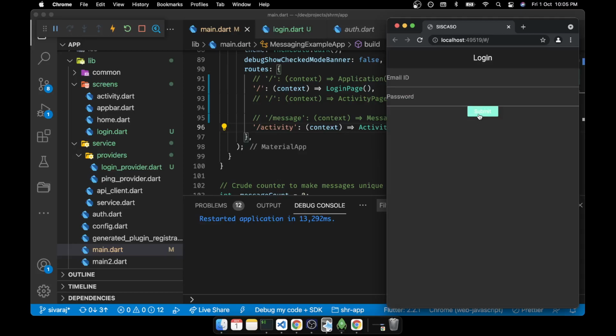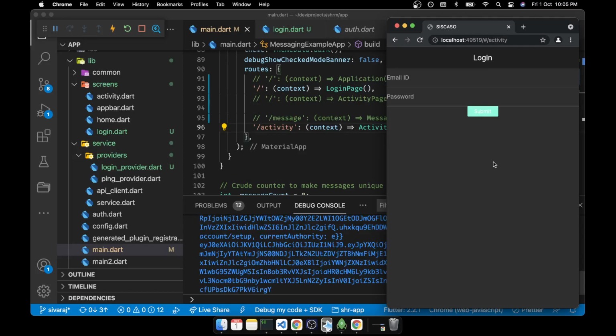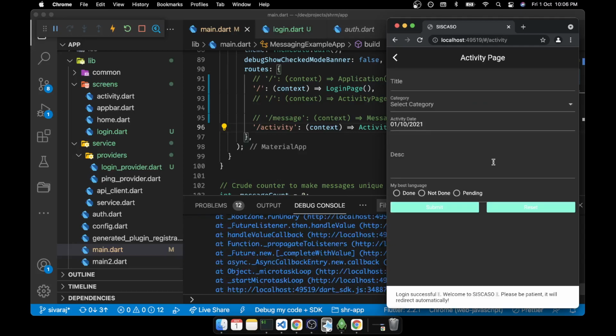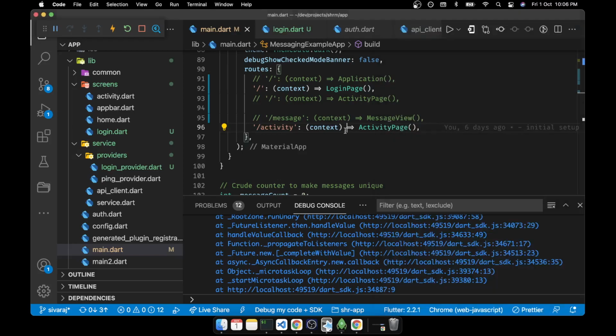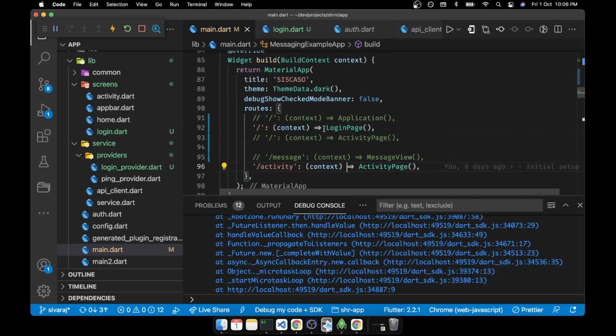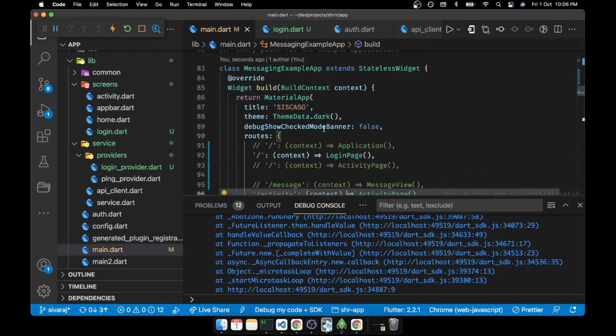Okay, submit. Okay, it brings us to the activity page. Working. Yes. So now we have one simple important thing to do. For example, if this particular token exists, correct?